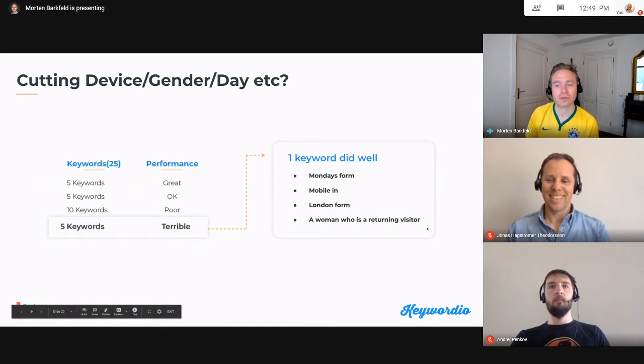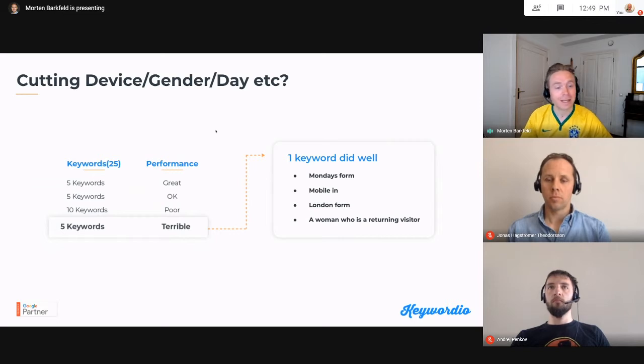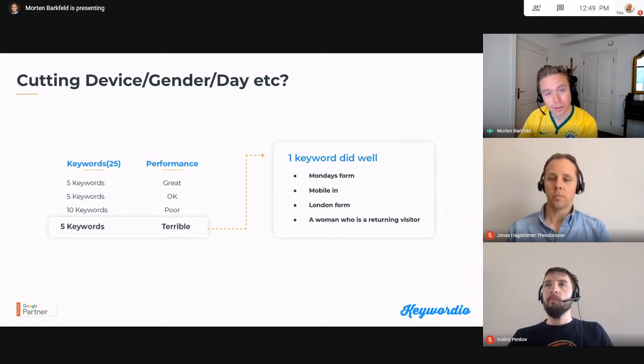And of course, your returning visitors will do better than new visitors. And if you are slashing budgets and cutting away costs, then if you only focus on returning visitors, you won't grow your account, so to speak. But in this case, we are under the assumption that you need to cut costs. And in that case, new visitors may be too costly for you. But just so you know, if you keep doing that over time, you will limit your piece of the pie, so to speak. So yeah, that was a little bit more into detail.